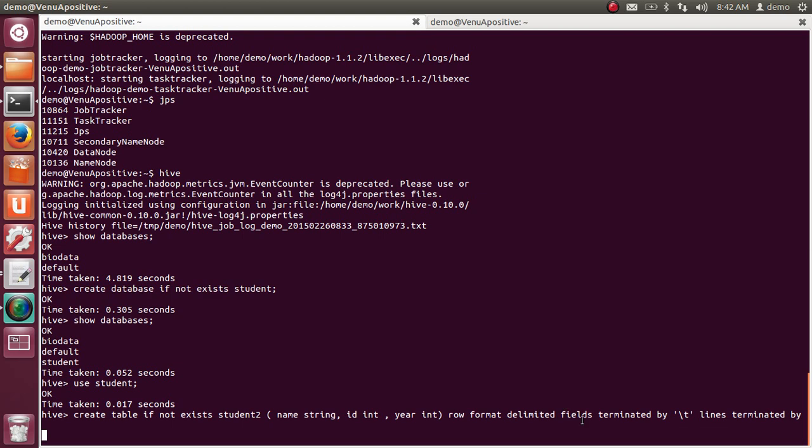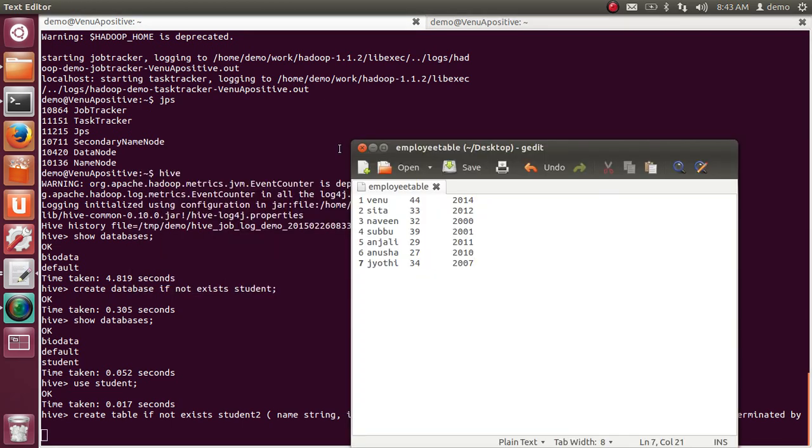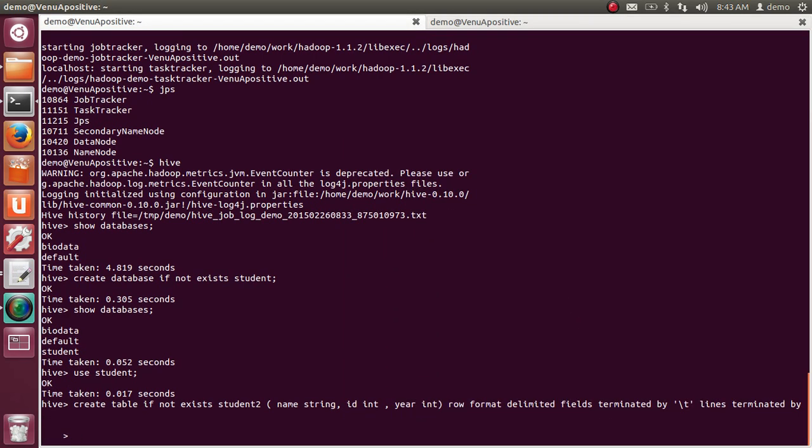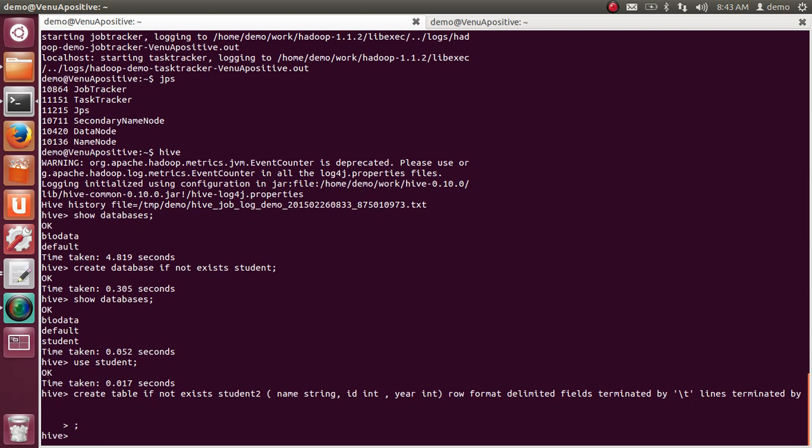What is this format? Fields terminated by tab. After this tab, lines terminated by newline. Don't forget the semicolon.